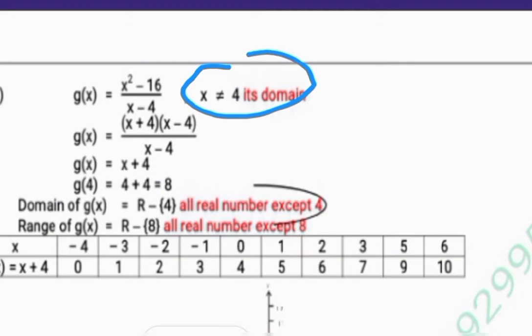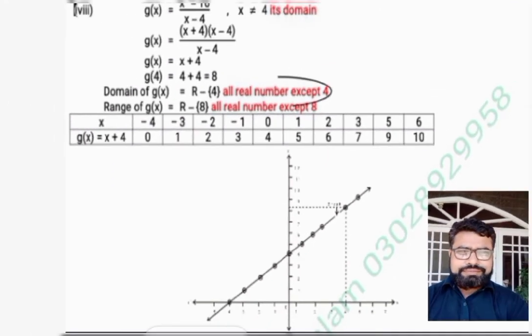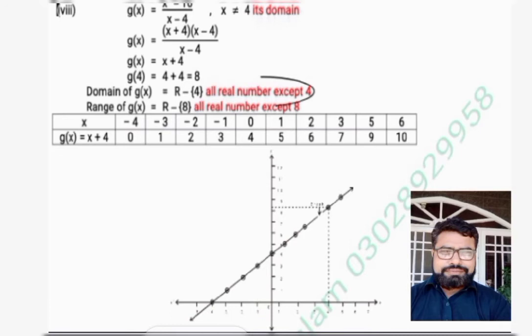If the domain is given like this, x is not equal to 2, x is not equal to 4, you have to put 5 or 6 values. If this domain was not given in the question, you can put 2 or 3 values, but if a domain is given like this, x is not equal to 2, x is not equal to 3, x is not equal to 4, you have to put 5, 6 values at least. As I've put some values in the table and we have some values,